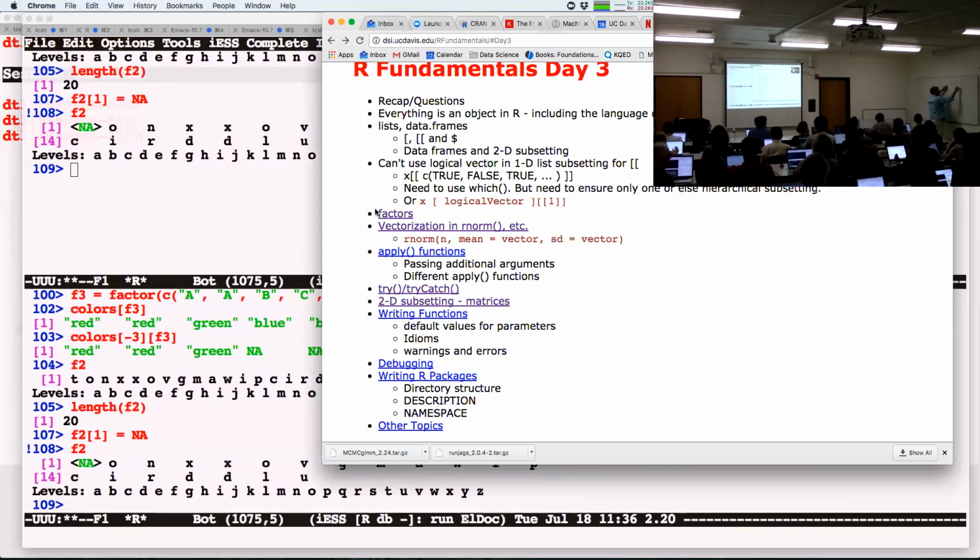This one's true, this one's true, and this one's true. I put this on top of this guy, and I pull out the ones that are colored. So when I put this mask over this, I get this guy, this guy, and this guy, but not those guys. Okay, everyone happy with that? Logical subsetting is just get the ones that are true.